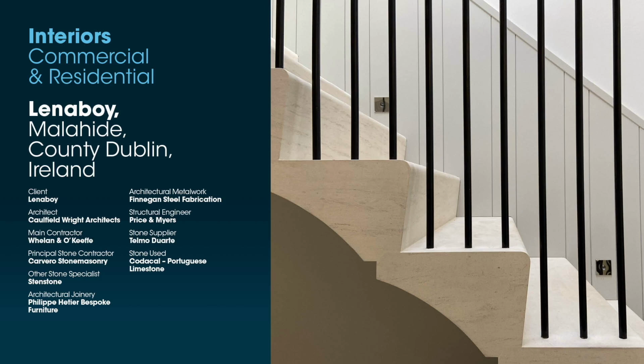We'll also hear from Hilary Caulfield Wright, Director of Caulfield Wright Architects, about her project at Lenaboy in Malahide, County Dublin in Ireland, which won the interiors, commercial and residential category. Now, as you can see, this involves a spectacular cantilevered staircase in Carlisle Portuguese limestone. This new bespoke staircase was constructed within a contemporary family home that really has beautiful views over the Irish Sea